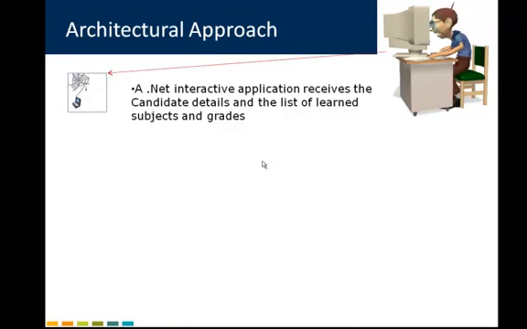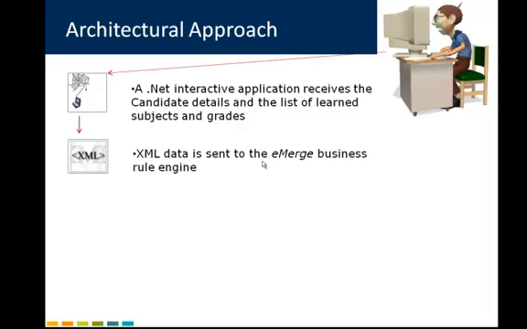The story starts with 3 players. There is the .NET player, which interacts using an interactive .NET application that receives the candidate details, personal details, or general information concerning his birthday, the certification code, the institute where he has learned, and also a list of learned subjects and grades. The .NET application then packs the information into an XML data document and sends it to the